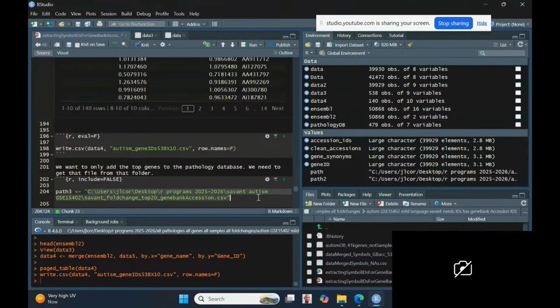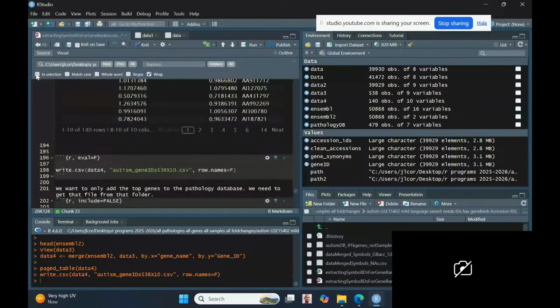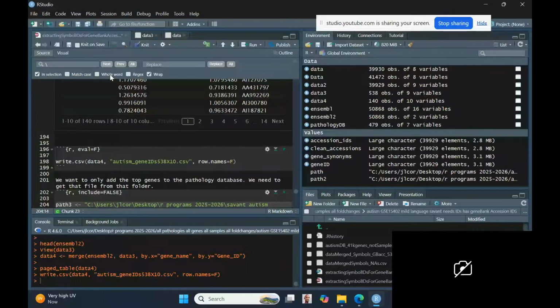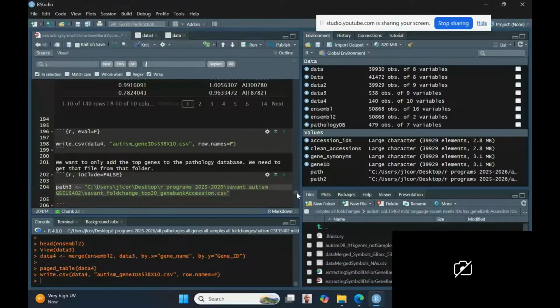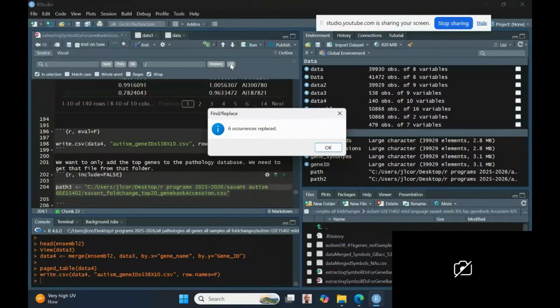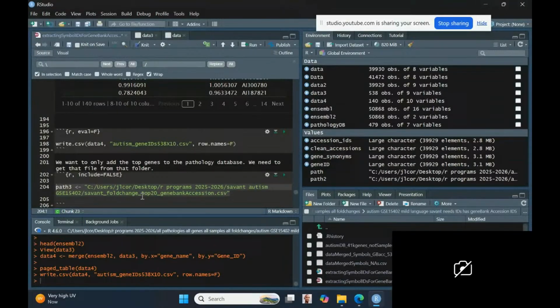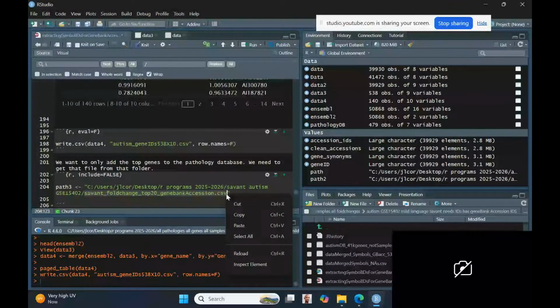Let's go back to here and select this and then put the backslash. Right, we don't want the backslash. We want the forward. I think it is. Yeah. Okay, great. Now we can cut this one and